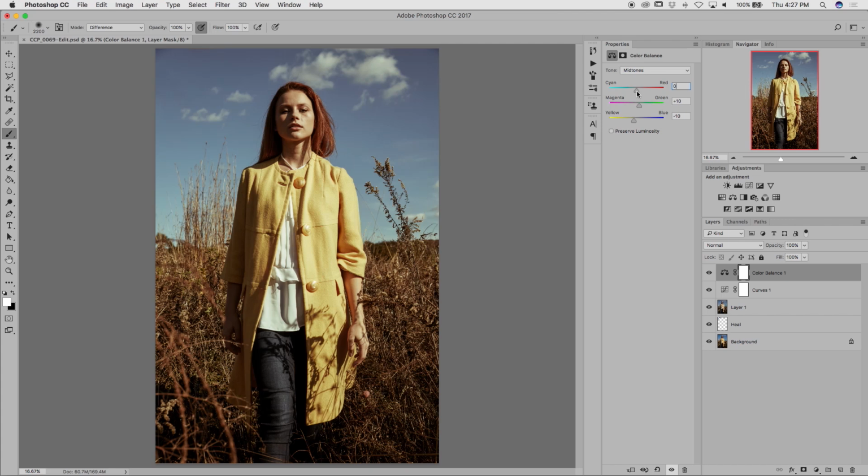Next, I'm going to alter this cyan and red slider. I need to take away the reds just a hair, add a little bit more cyans, so I'm going to drag this to -10, and it's going to cool off those hot reds. I've really liked what this has done to her skin and her coat. It's added a nice warmth to the entire shot, but I still want a little bit of green added to